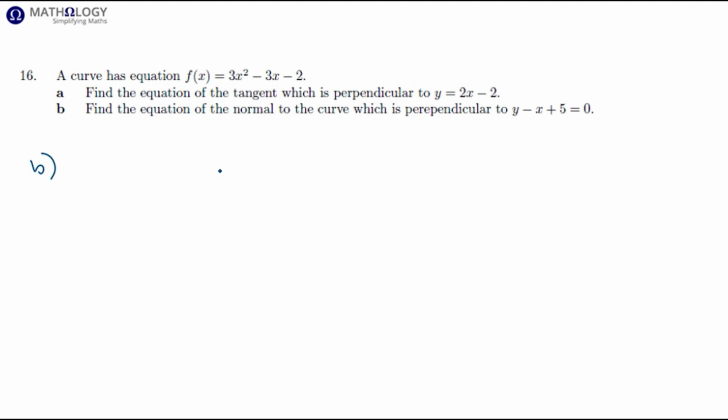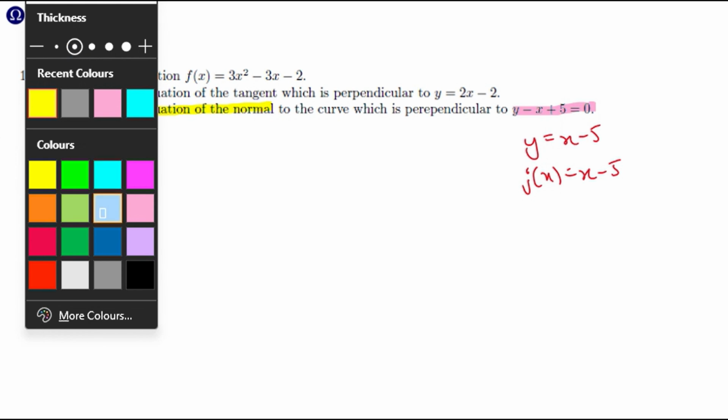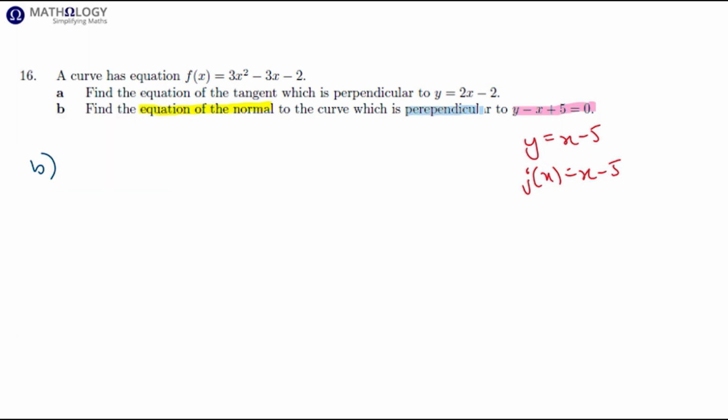Okay, part B, we're required to find the equation of the normal perpendicular to y minus x plus 5 equals 0. Okay, so this function over here, we are first going to write in standard form. Y equals x minus 5, and let's just call this function j of x. Now the normal is perpendicular to j of x. So let's call the normal